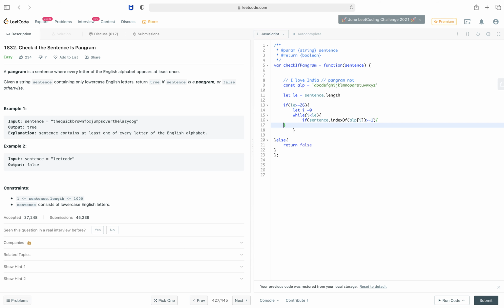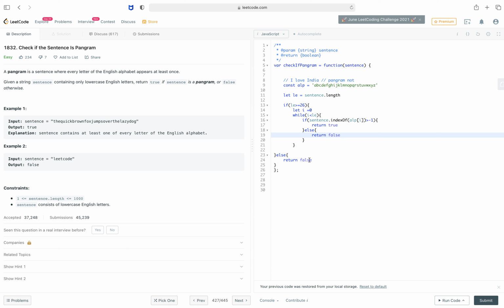If it is always present, return true. If we find -1 anytime, return false. Let's see if we are closing all the brackets: else is closed, if is closed, while is closed.